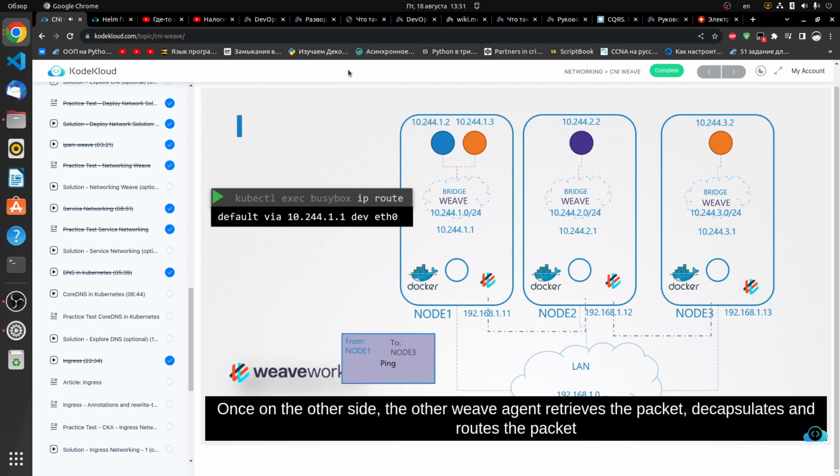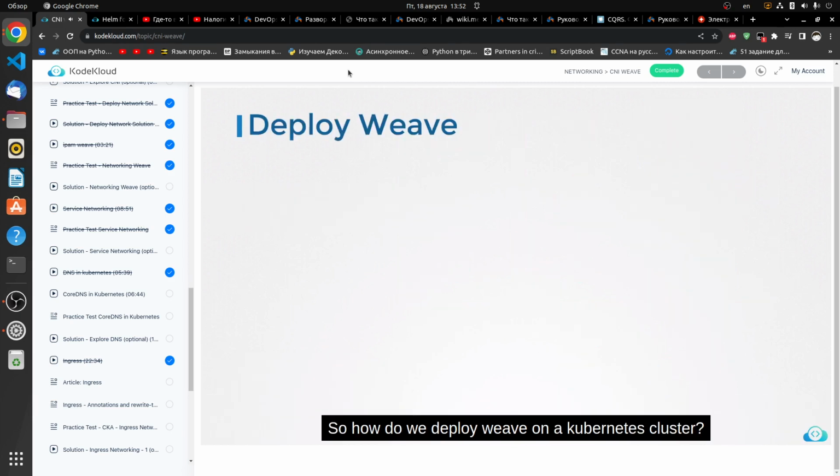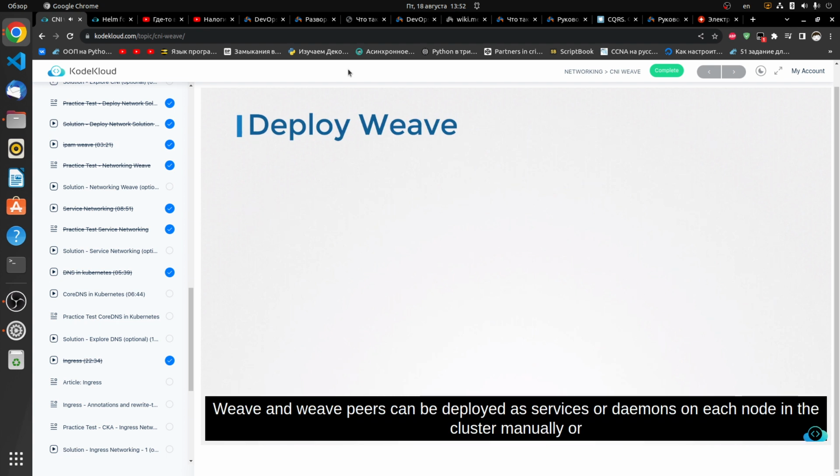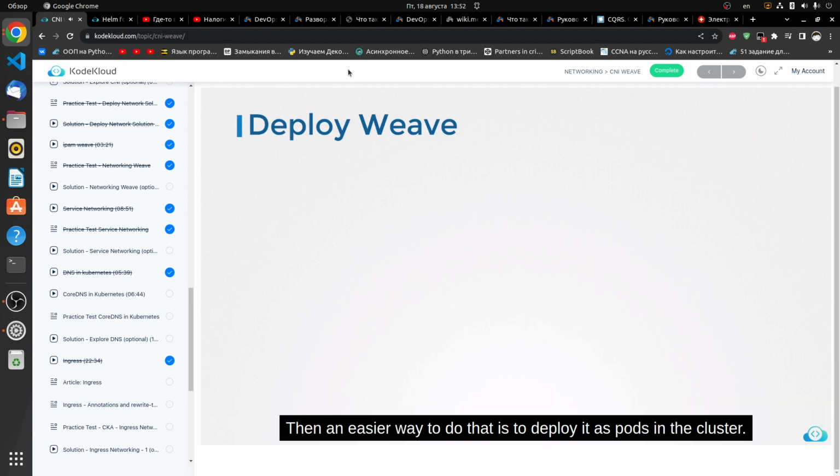Once on the other side, the other Weave agent retrieves the packet, decapsulates it, and routes the packet to the right pod. So how do we deploy Weave on a Kubernetes cluster? Weave and Weave peers can be deployed as services or daemons on each node in the cluster manually, or if Kubernetes is set up already, then an easier way to do that is to deploy it as pods in the